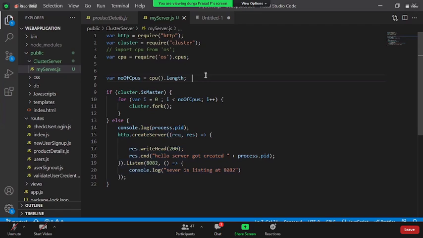Sir, you can create copies of the copies also. So does that mean that in that way we can achieve more than 4 clusters for this device? Okay, that is what, Shreyas.